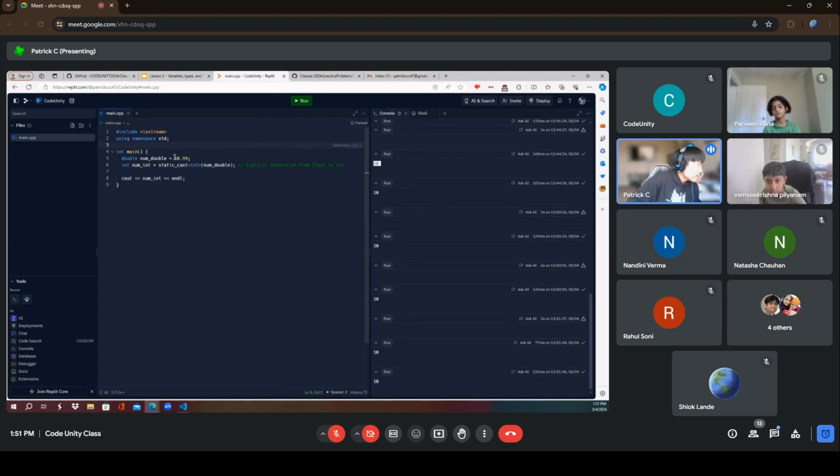Even if it's 10.99, that's so close to 11, but if you static cast convert it to integer, nope, it's not going to be 11. Static cast just cuts off this entire thing, so it's still going to be 10.